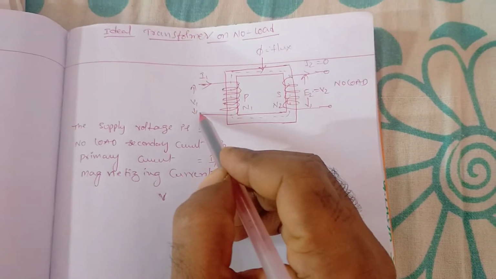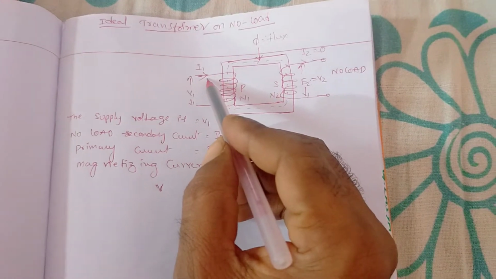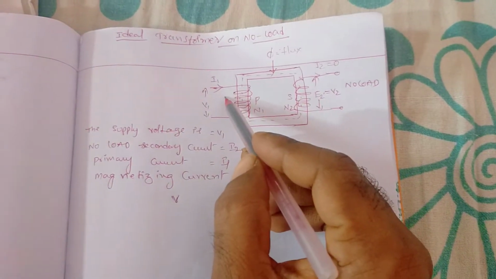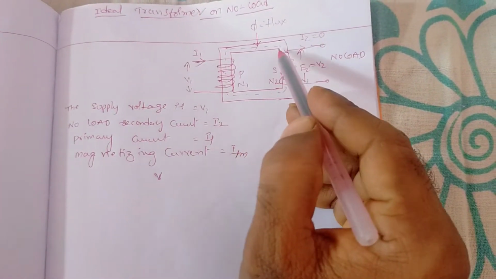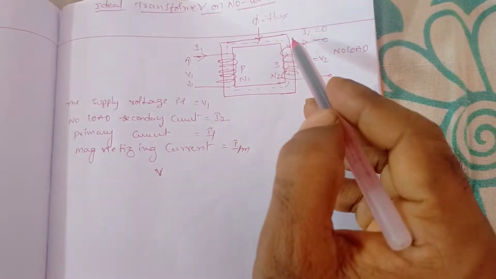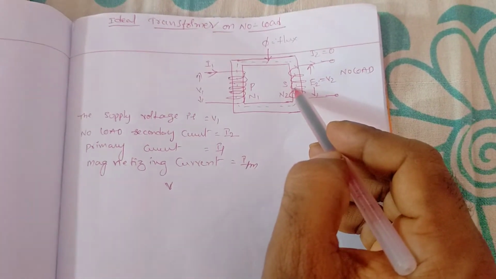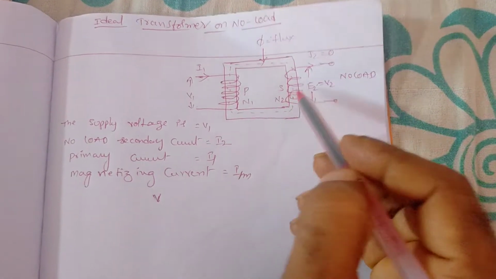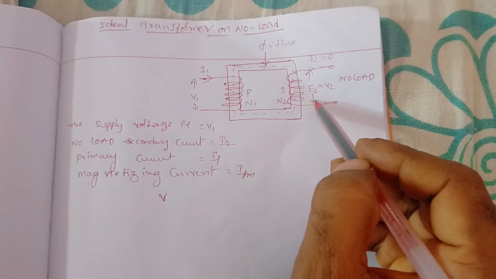The voltage V1 is applied on the primary winding, and at that moment the current I1 flows through this winding. Due to this, a flux is created. This is the common magnetic core and a common magnetic path, and linking with the secondary winding, that flux, due to the mutual induction principle according to Faraday's law of electromagnetic induction, induces an EMF E2.